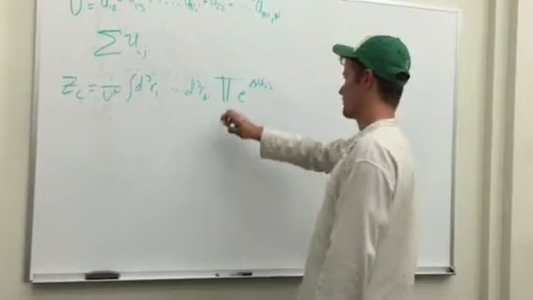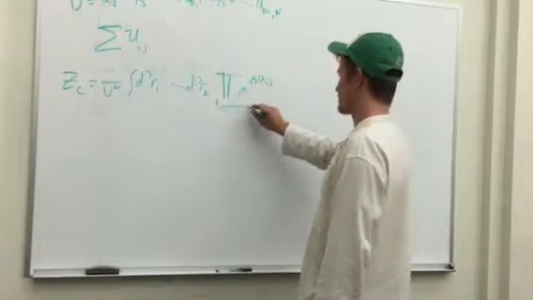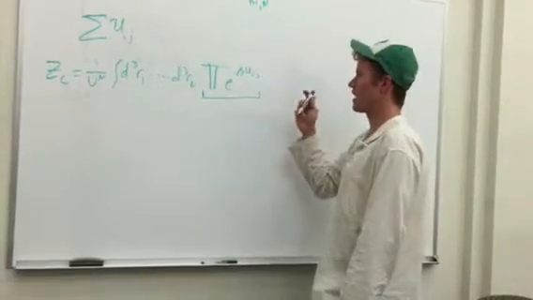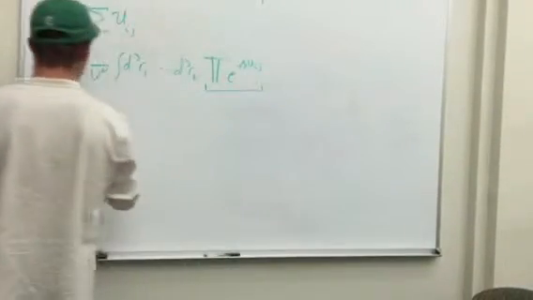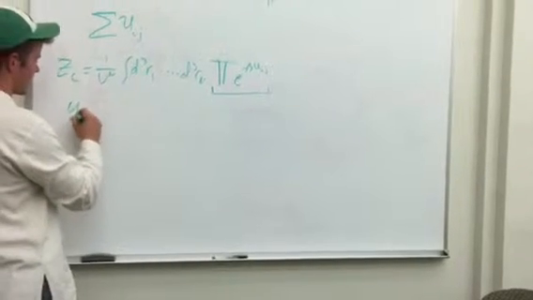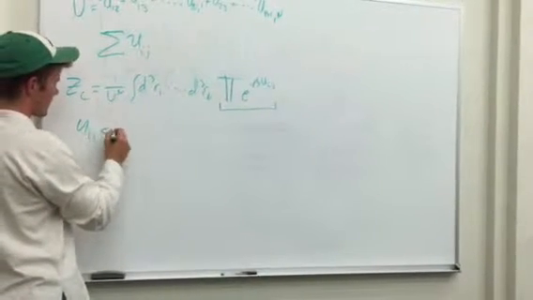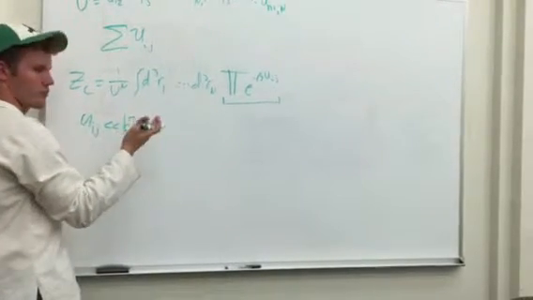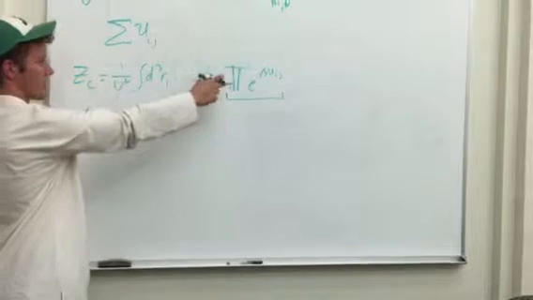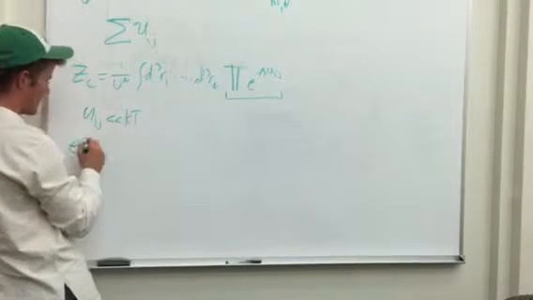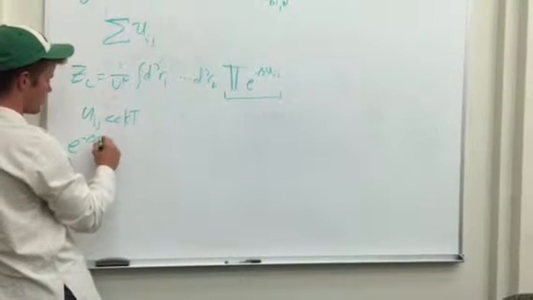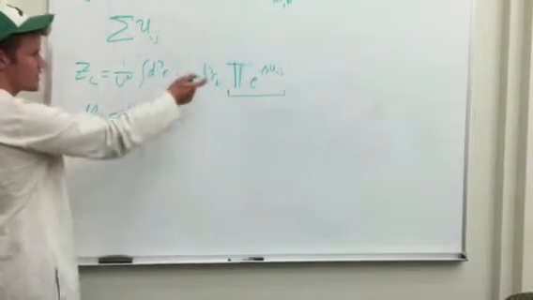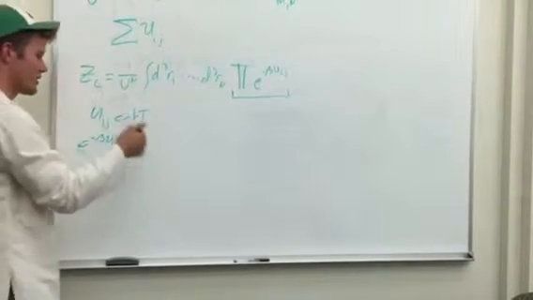Now this is not exactly easy to work with, so we're going to change it up a little bit. We can actually say that because u i j is much less than kT, the Boltzmann factor here is pretty close to 1. So we're just going to say e to the minus beta u i j is kind of equal to 1. And then we're dealing with a lot of other factors here,